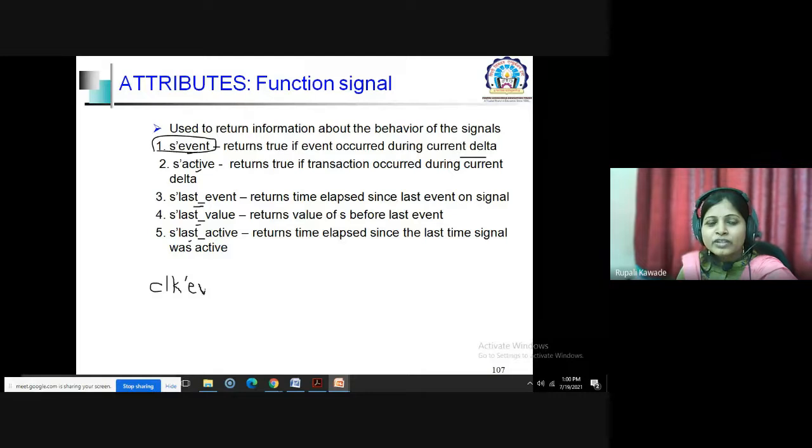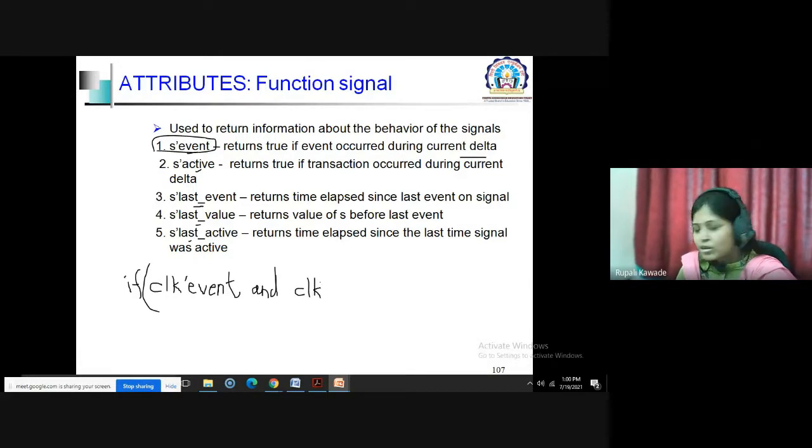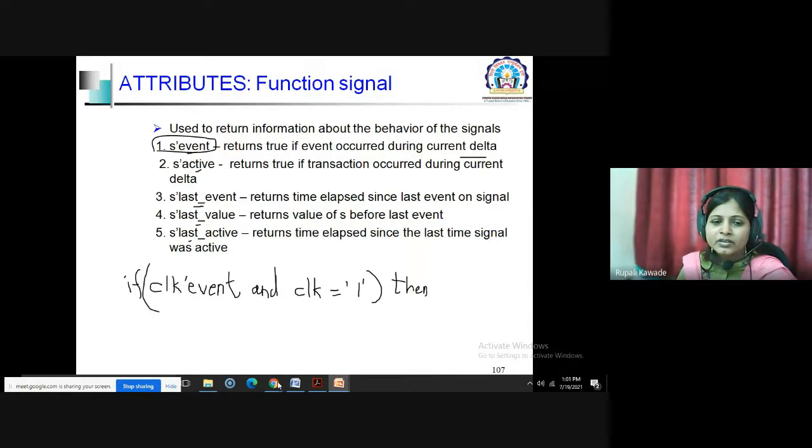So what we are doing with this particular attribute: if clock tick event and clock equals to 1, this is my condition I have given in the if statement.